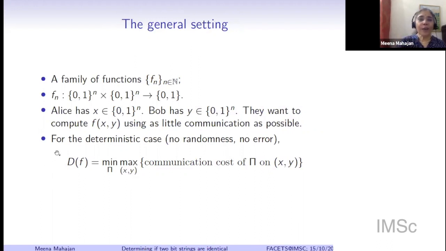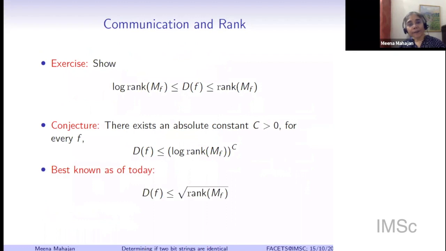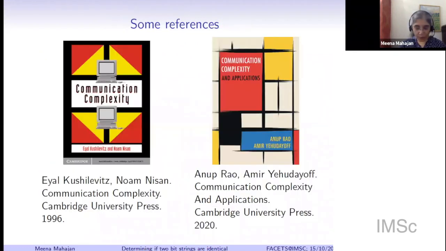And the goal is to understand how much communication would be required in the deterministic case, in the randomized case with private randomness, and in the case with public randomness. And this is exactly the research area called communication complexity. Some very nice results are known in this area. And here are 2 reference books which I would leave you with if you would like to take a look at them. Okay, so let me stop here. Thank you for your attention. I'm open to taking questions.